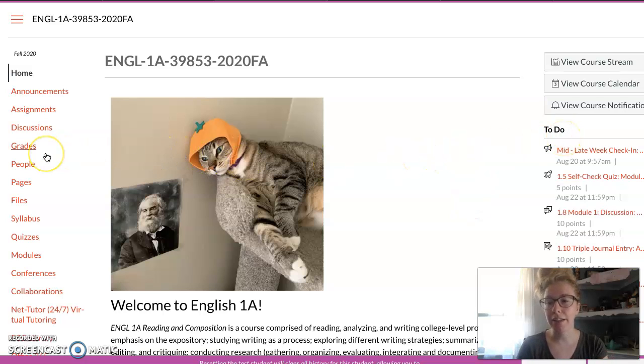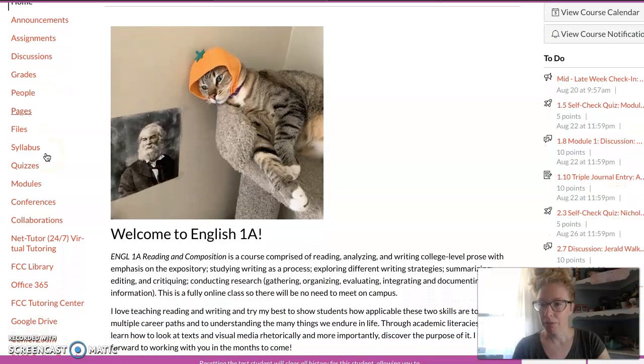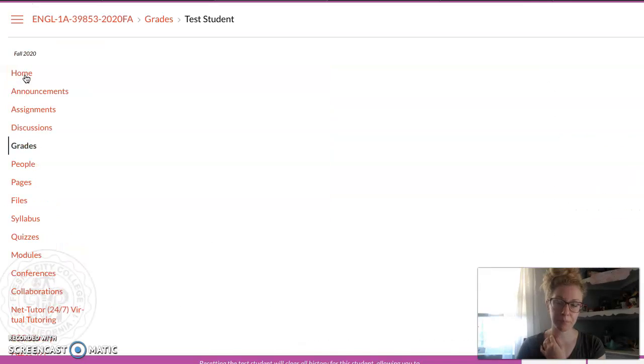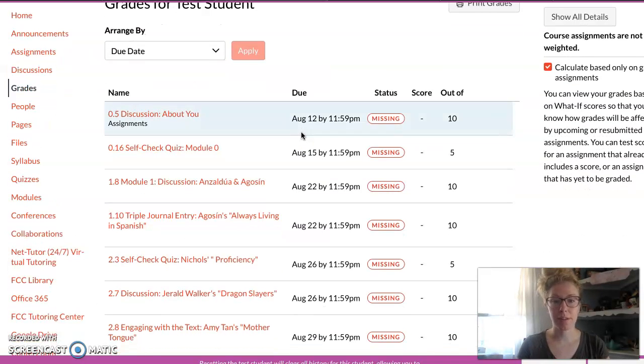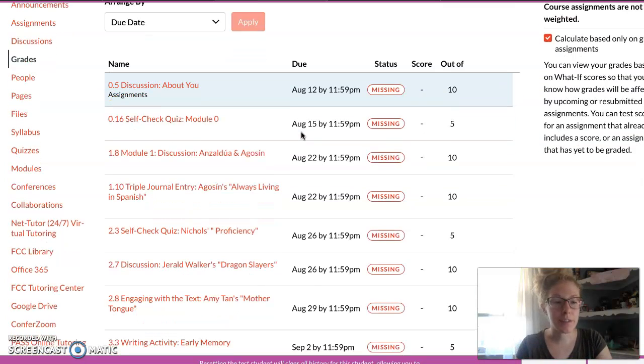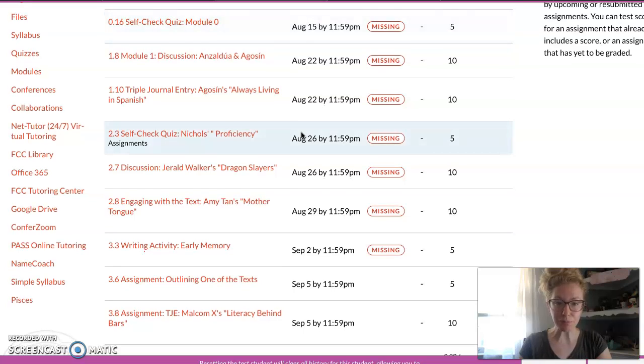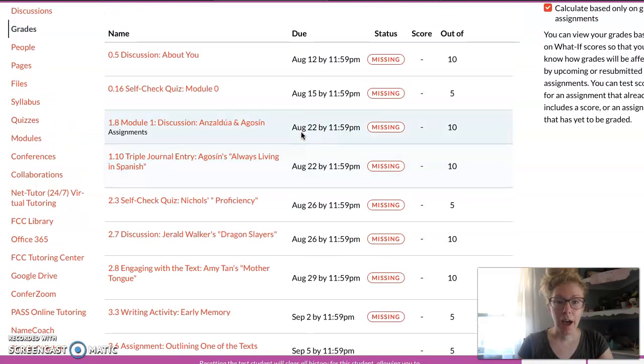If you go to the left-hand side, there is a tab that says grades. So you'll click on that. And then obviously this is not yours. This is just an example. So it'll have all the assignments that I've assigned you, and it will have the status of it, whether it's missing, whether it's completed, and it will also have the